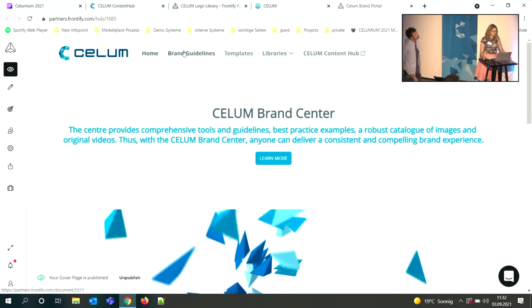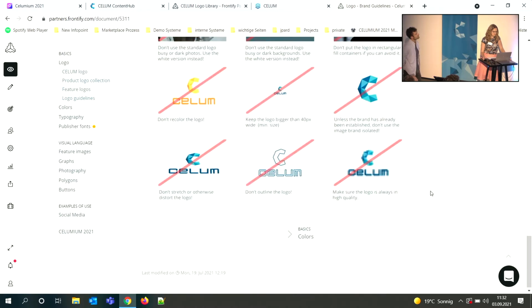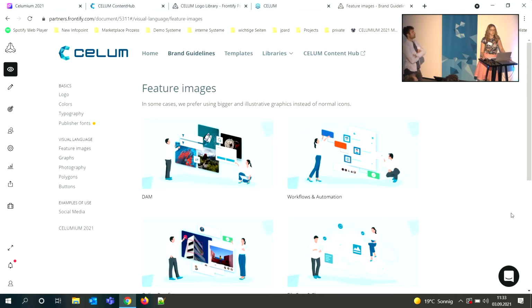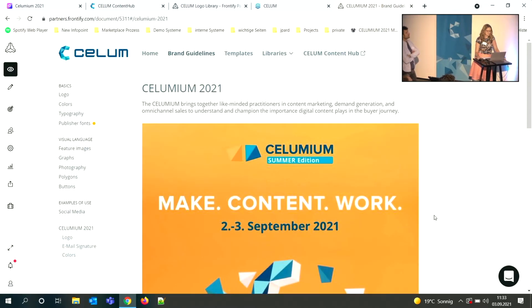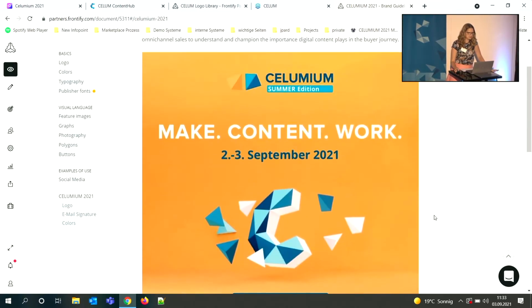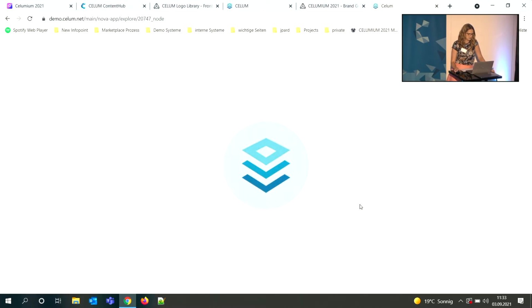And we at CELUM also use Frontify for our brand guidelines. And that's actually the part that Samuel showed earlier, where the logo is designed, where all the typography and color and also the visual images you're seeing everywhere are defined. What we will do now, I prepared a CELUMium section, and there is a lot of branding for CELUMium actually. But this branding we can define a little bit better and also add some context here. And as we see, there's already one picture in there, and we can go here into the CELUM Content Hub